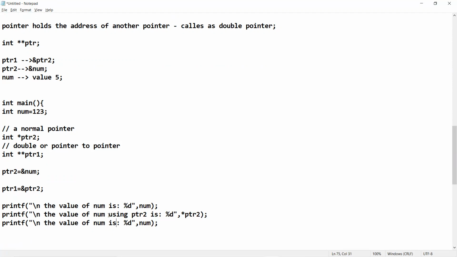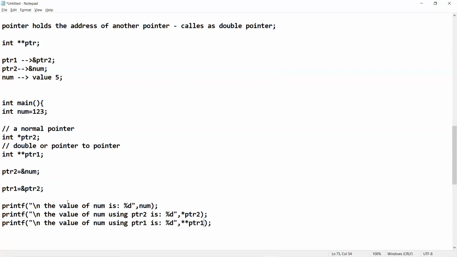So the value of number using ptr1, which is a double pointer, is **ptr1. That's all.